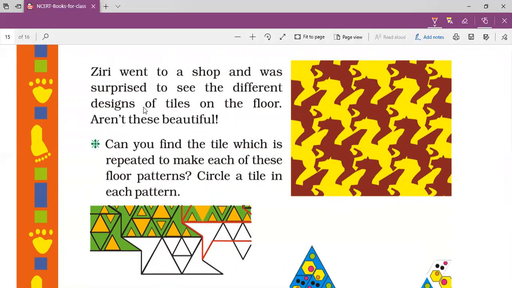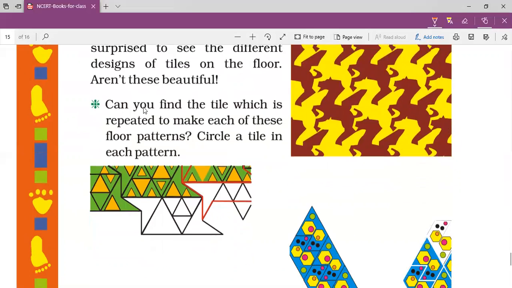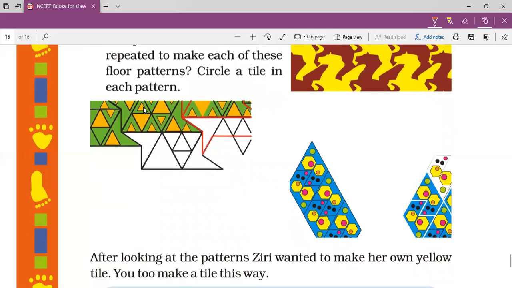So now what we have to do, they have given us tiles. Yes, two tiles they have given. What we have to do is circle a pattern. It means the tiles are cut in such a pattern that when they are kept together, they form one picture or one design. So here they have given two tiles. So what they have asked is that we have to form a pattern and circle that pattern. Which pattern of tiles would it be? Okay. So let's see.